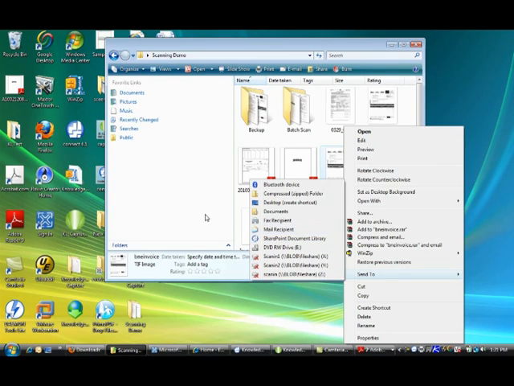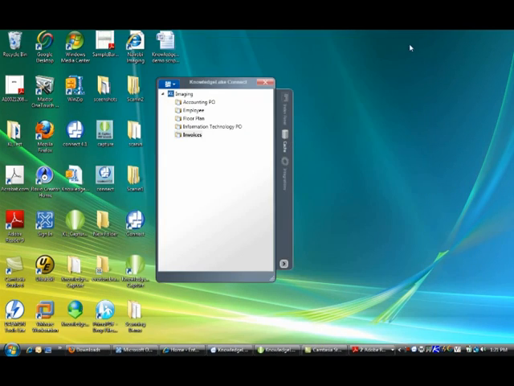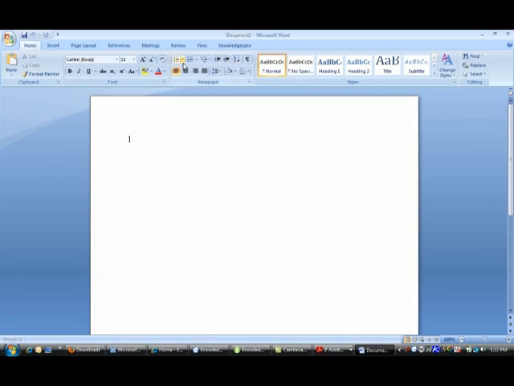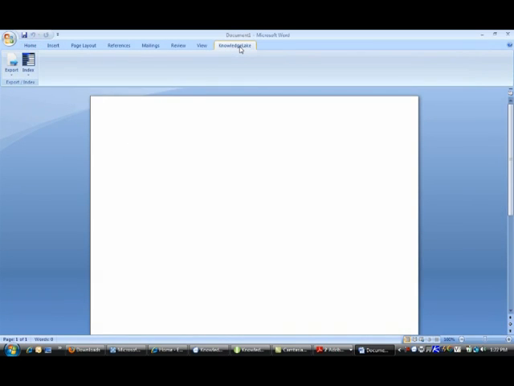You can also index and export documents in Knowledge Lake Connect directly from Word or other Microsoft Office applications, similar to what we just demonstrated in Outlook. If we open up Word, click the Knowledge Lake tab. From here, you can index the document from Word and export it to Connect, where it can then be released